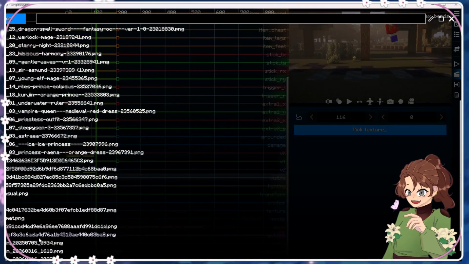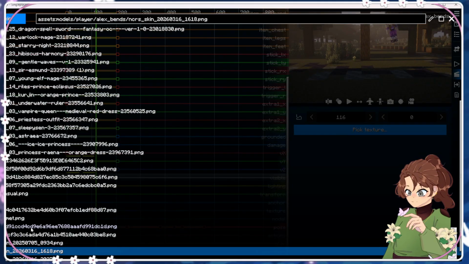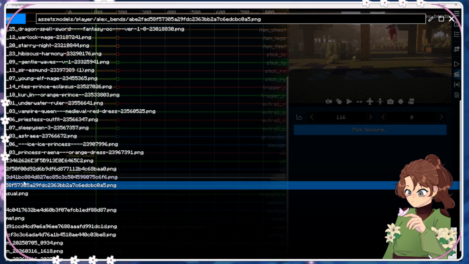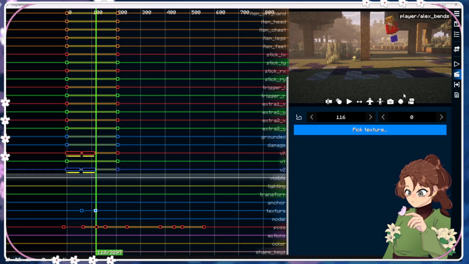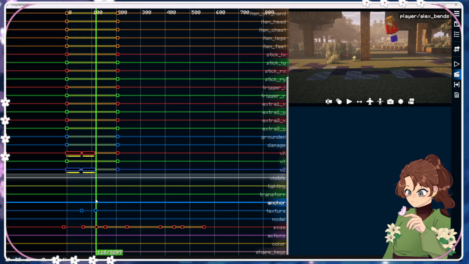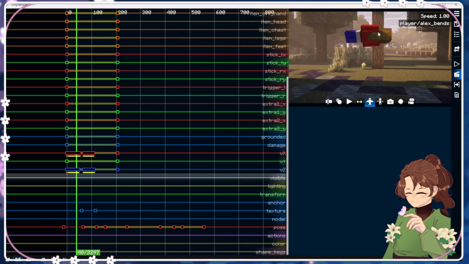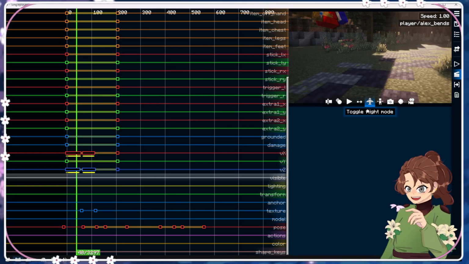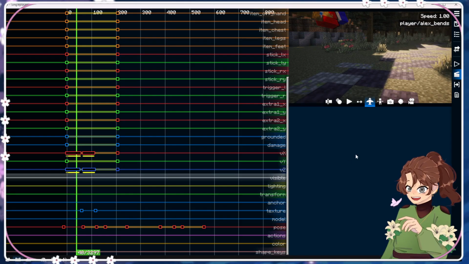Scroll down. Where is it? Can't tell if that's... Oh, that is it. Okay, that works. So now... I've messed around with this so much. Okay. And you can use the toggle flight mode in this area and it will not affect your cameras at all. So don't worry about